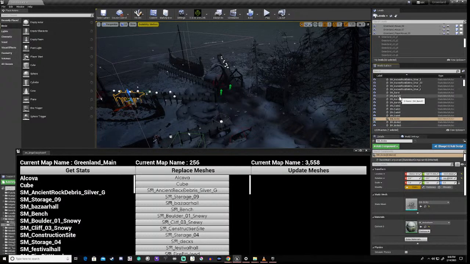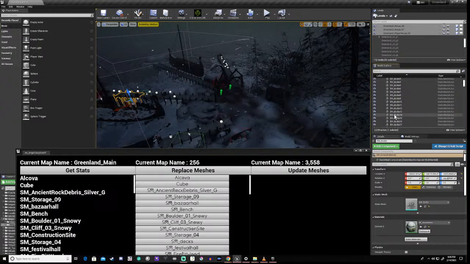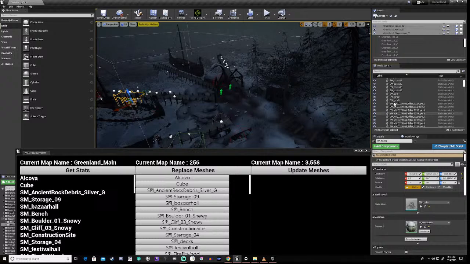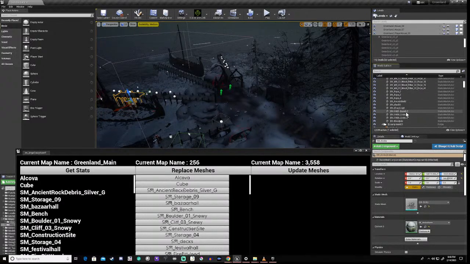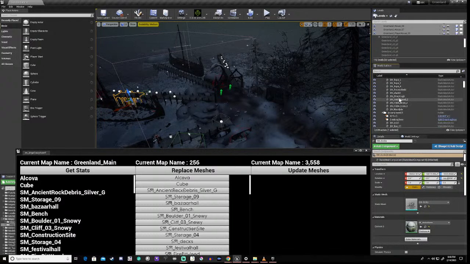Then we've got barrel, crates, docks, right? The gates, pillars, there's a lot of these. Oh, there's quite a lot of pillars. Ropes. Right? More barrels, more benches.